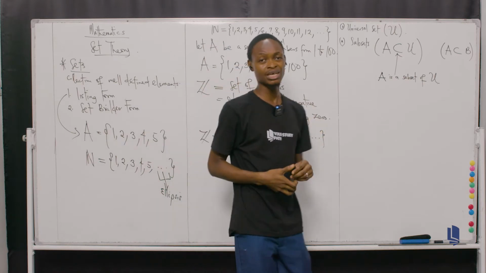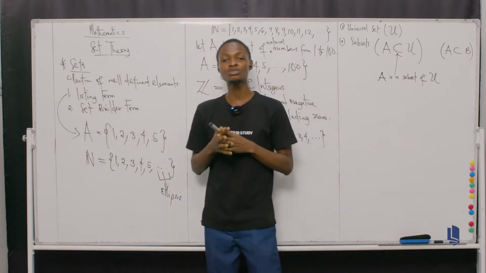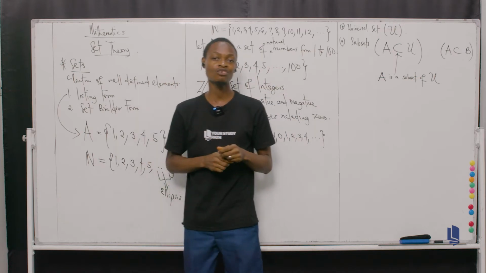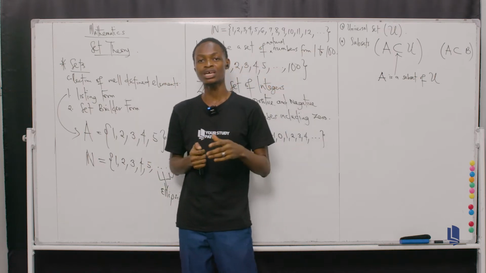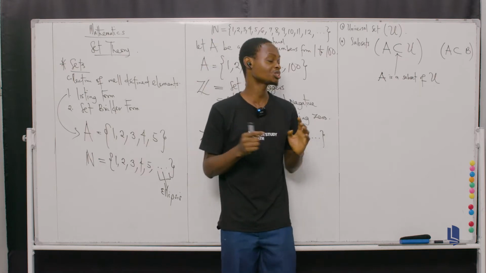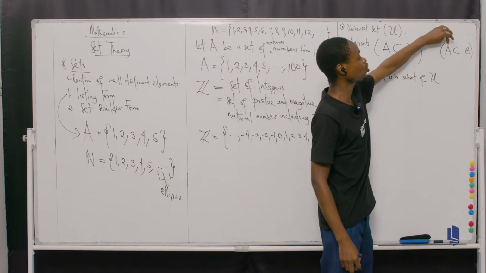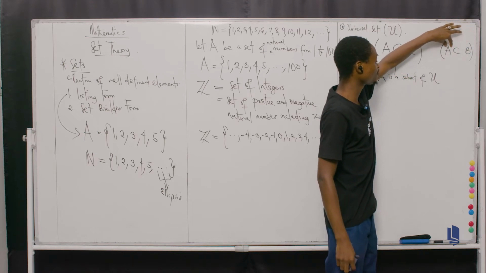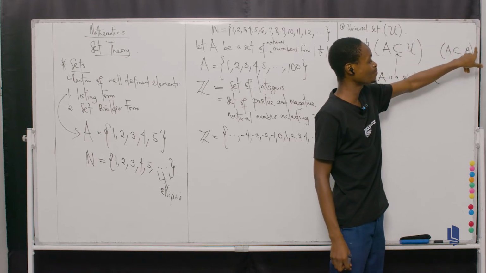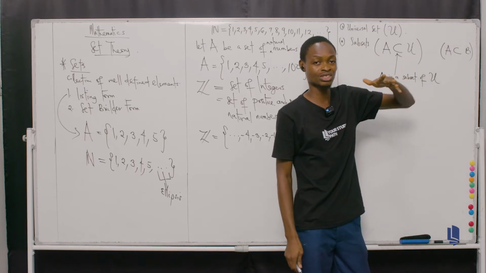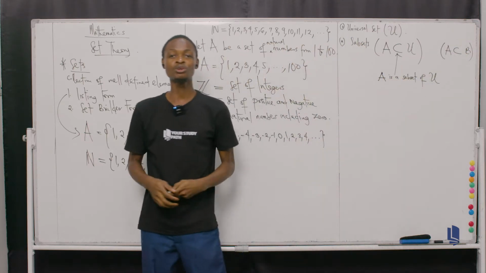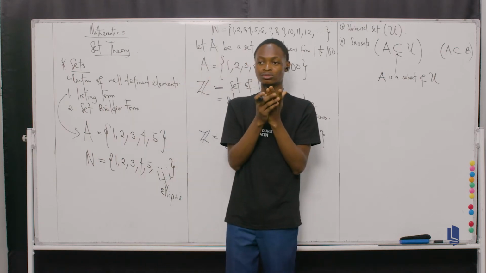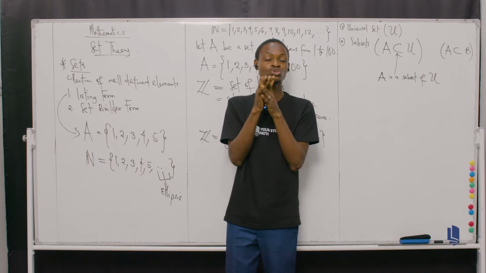Now, the subset notation splits into two. We have what we refer to as the proper subset, and we have what we refer to as the improper subset. A proper subset is a subset such that the first set is completely contained in the second one, which means the first set is smaller compared to the second set. A good example is where you pick that secondary school as your universal set, and then you pick SS1. The SS1 is usually a proper